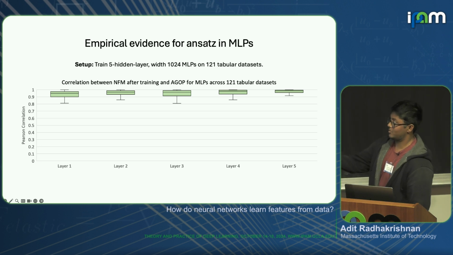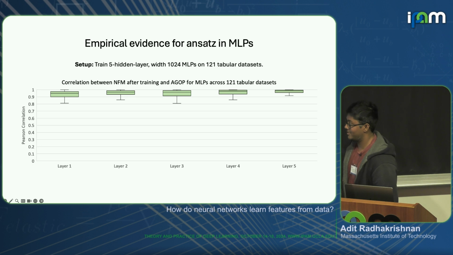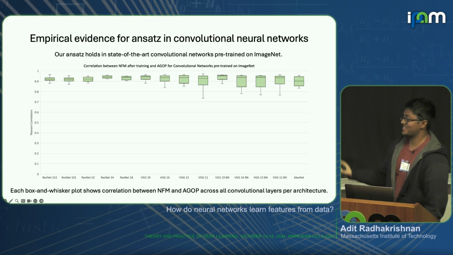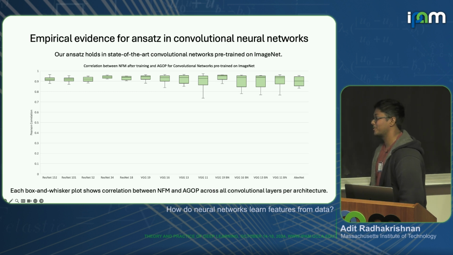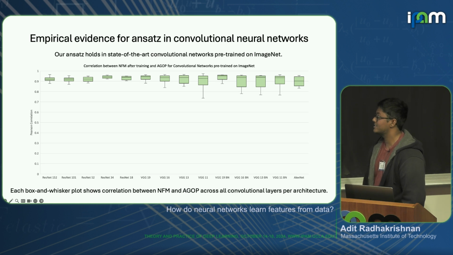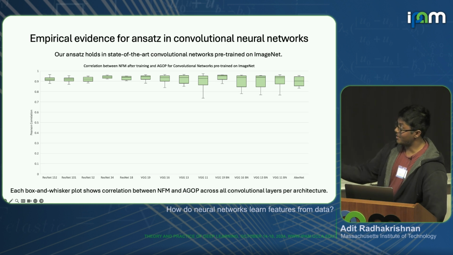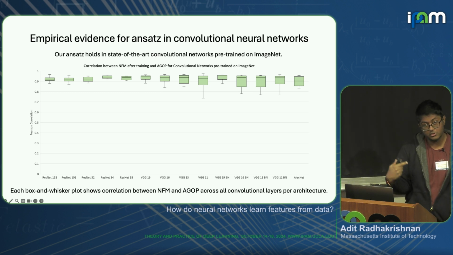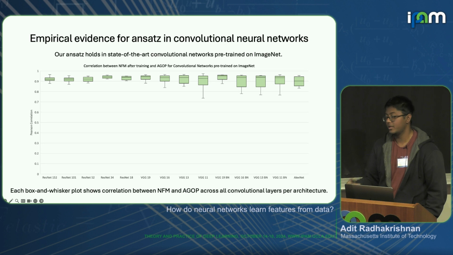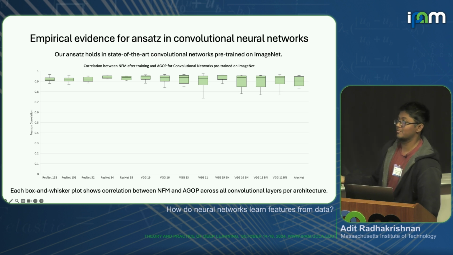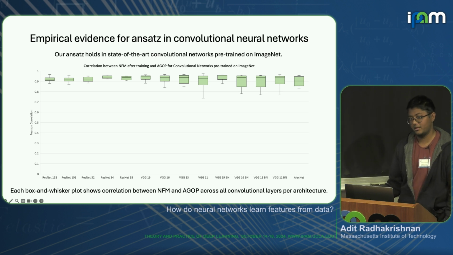If we do the same thing, these are models I trained myself, but who trusts me? So we took models from the internet. These are all of the usual models you're familiar with in classification: ResNets, VGGs with batch norm, and AlexNet. And we did the same thing. Each box plot here is showing you what the correlations between the convolutional feature matrices look like in the AGOP. And we see here that, in fact, for something like ResNet 52, almost all of the convolutional layers are very, very close to 0.9 correlation with the AGOP.